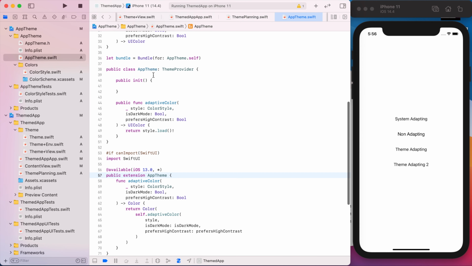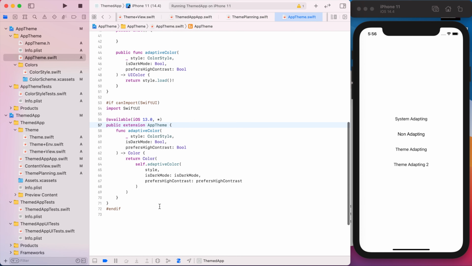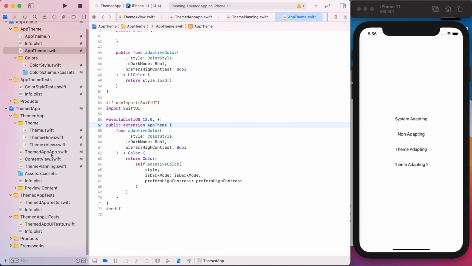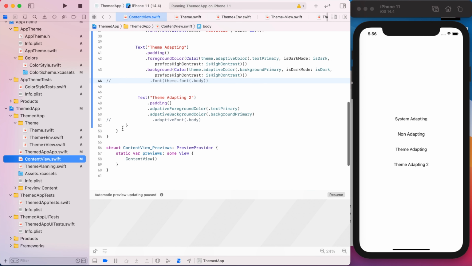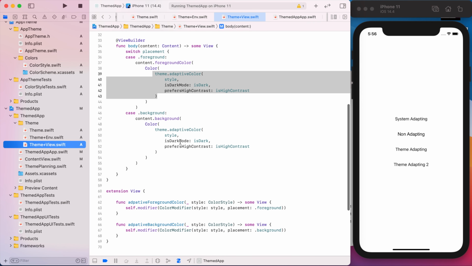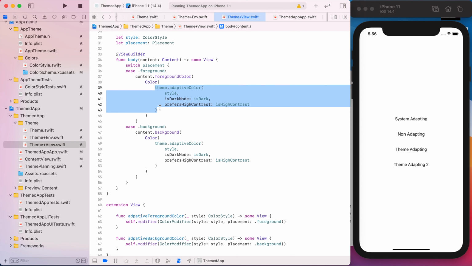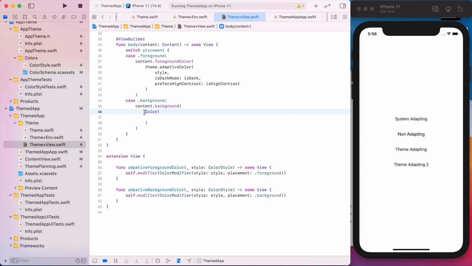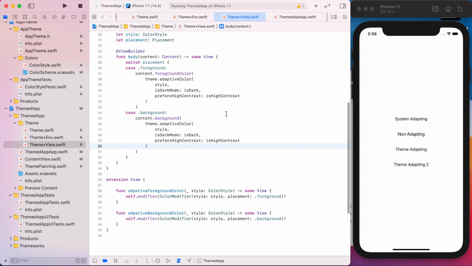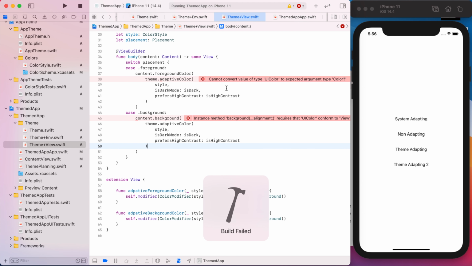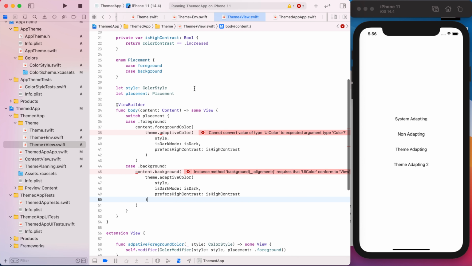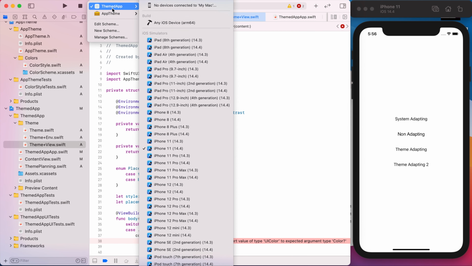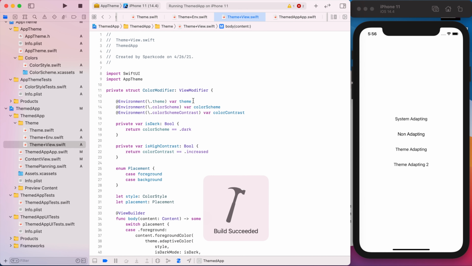Okay, so now we have wrapped our original implementation, the UIKit implementation, with a little SwiftUI wrapper. So now in our app, instead of having to do that conversion, we could just call the theme. Same with this one. So now it's going to give us issues because we haven't built the framework yet. So if we build the framework and then now build the app,